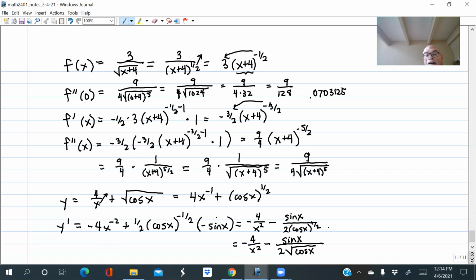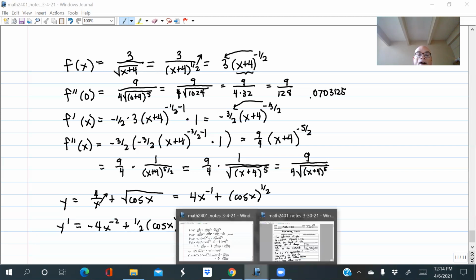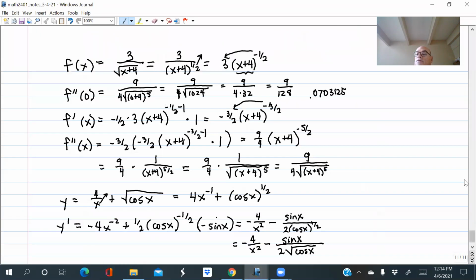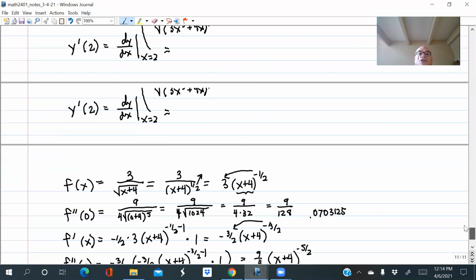Okay, so now you get kind of an ugly expression for the derivative. Sometimes that happens. Okay, all right. So that's a good selection of problems, so keep working on that. Let's go back now to our implicit differentiation, and whoops, wrong one. And let's finish talking about those implicit differentiation